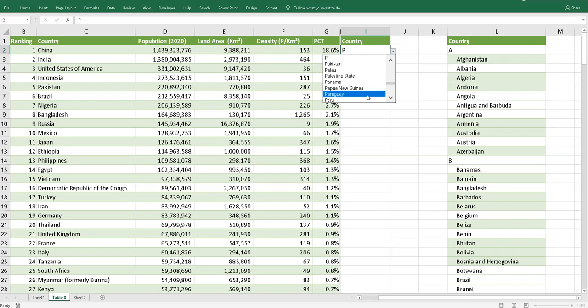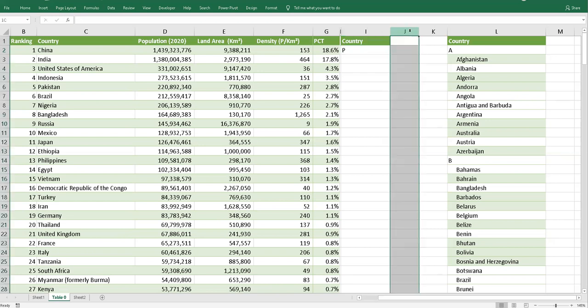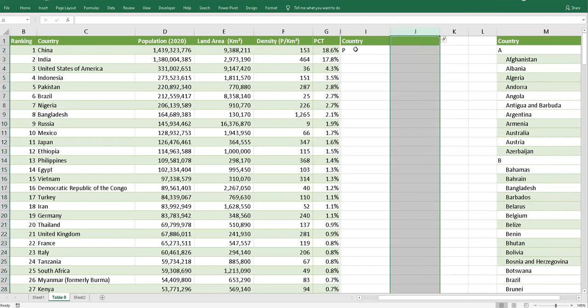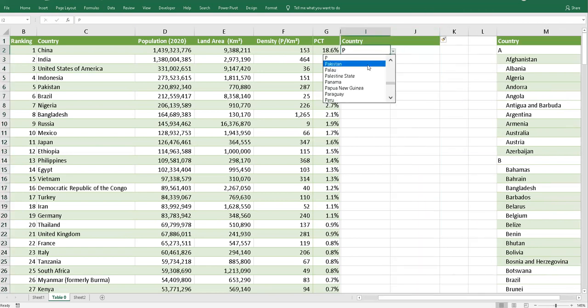So this is the searchable drop down list which I have been using before Office 365. Lambda function we will discuss in a separate tutorial, because this one is a separate one. But most of the people have been asking, because they don't have access to Office 365. They have been asking how to create this list. In the same function, I want to give you an idea about how, say that it's Pakistan, I will take the population.